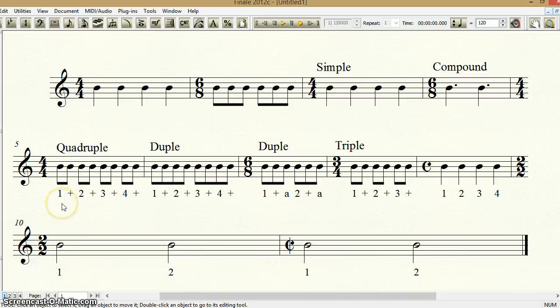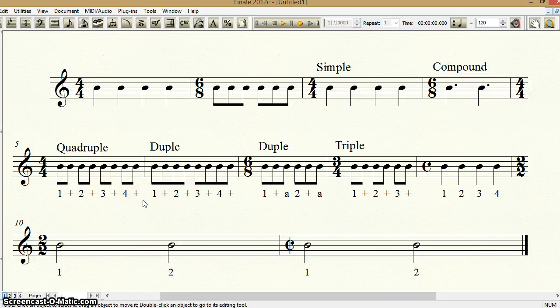We'll talk about further divisions later. Now, any quadruple meter can also be written with a duple feel, and I've done that over here when you would group that together as 1 and 2 and 3 and 4 and. And it's just a slight difference in feel. Basically, if I were to count it out loud, listen for the accent: 1 and 2 and 3 and 4 and. We just have an accent on 1, 2, 3, and 4,